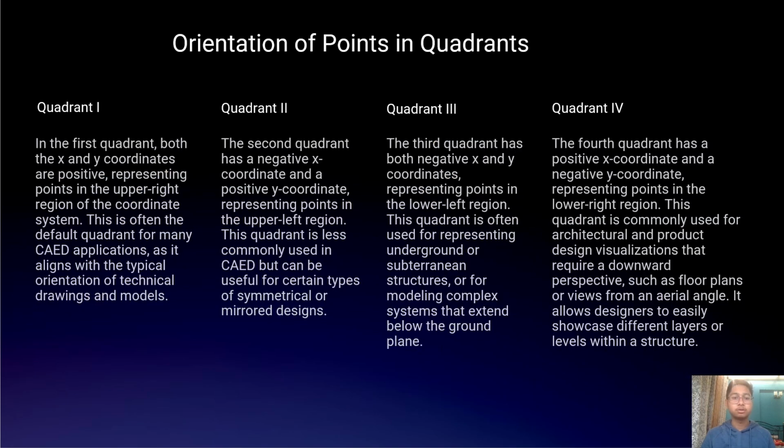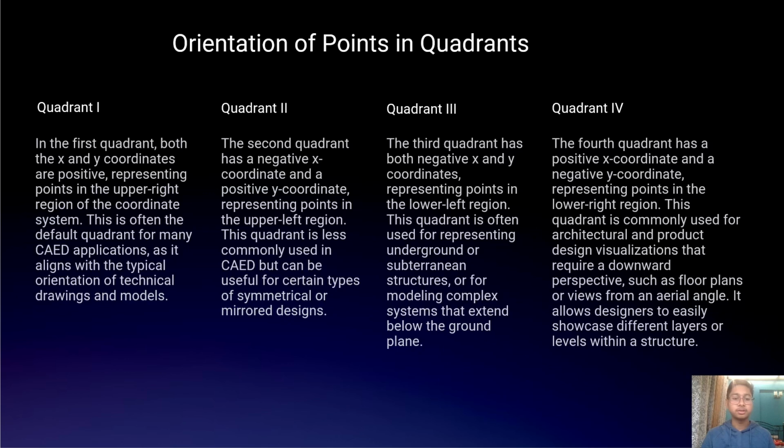Orientation of points in quadrants. Quadrant 1. In the first quadrant, both the x and y coordinates are positive, representing points in the upper right region of the coordinate system. This is often the default quadrant for many CAD applications, as it aligns with the typical orientation of technical drawings and models. Quadrant 2. The second quadrant has a negative x coordinate and a positive y coordinate, representing points in